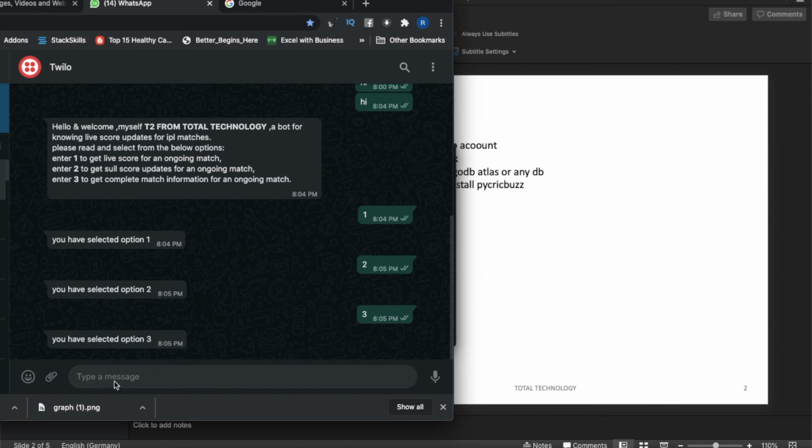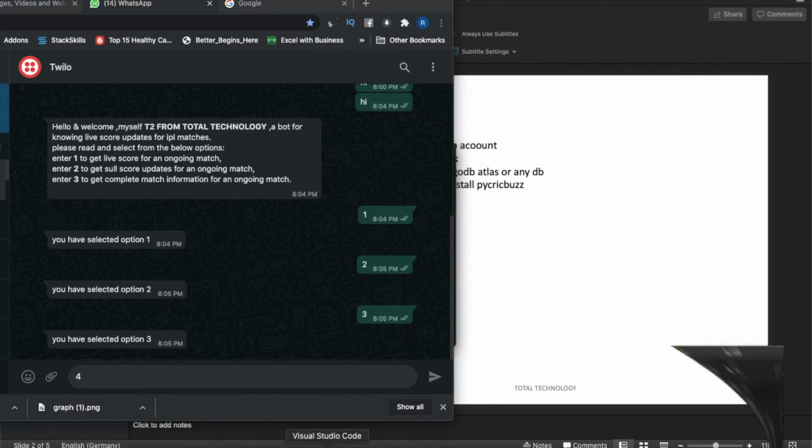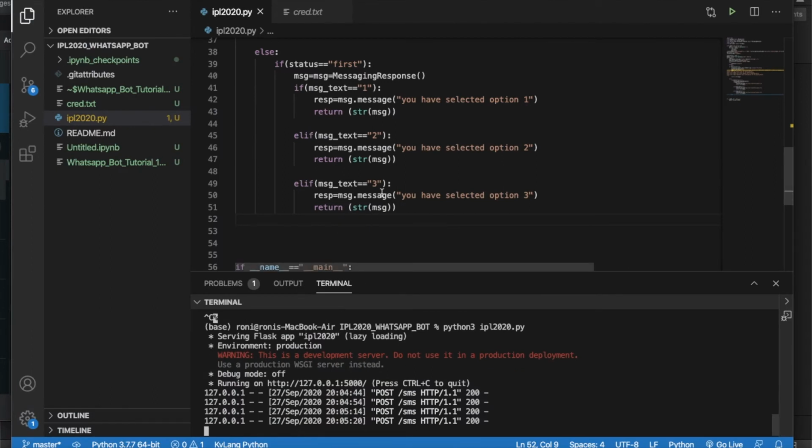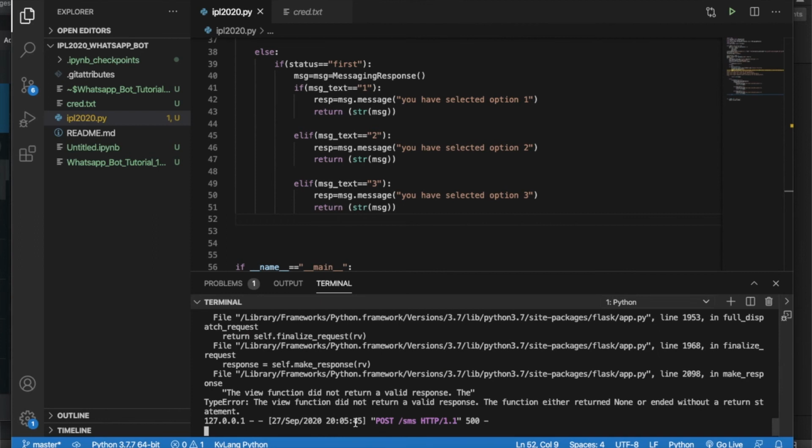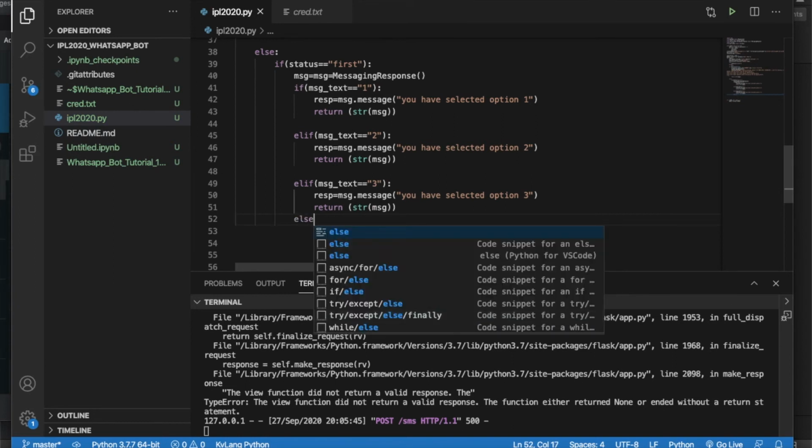Now the funny thing is that if I enter 4, it will not print anything, rather it will throw an error in your Visual Studio console, because for 1 to 3 we have something written, but for 4 or anything else we haven't handled this, so this will throw an error. So that is a new learning. Nothing will return, but you will get an error because there is no such option. It means for the else condition we have to do something.